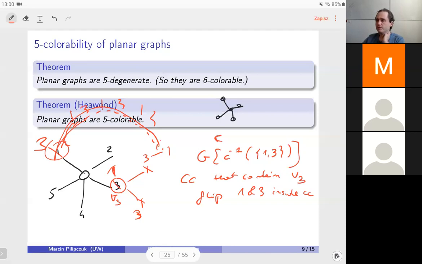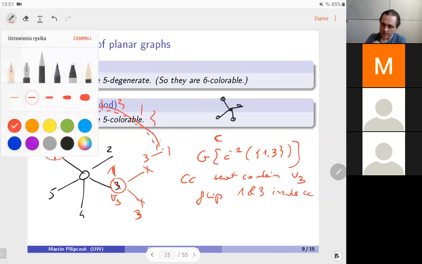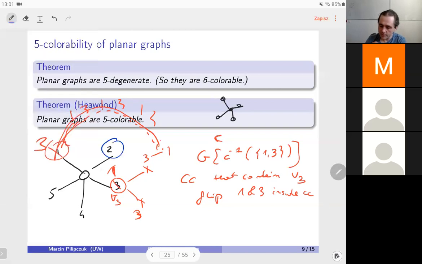But now comes the super important observation. We are in a planar graph. We haven't used planarity so far. Yeah, I mean, we shouldn't that easily prove the fact that graphs of minimum degree 5 are 5 colorable. Okay, so well, the observation is that, hey, but now if we do exactly the same but with 2 and